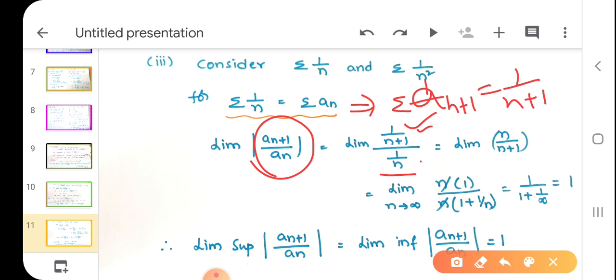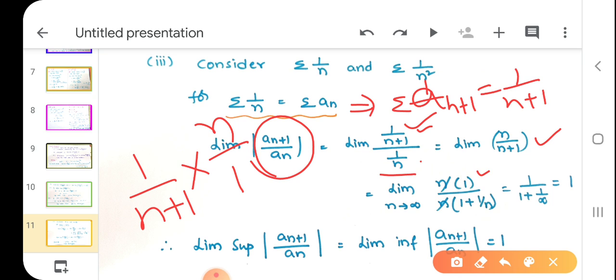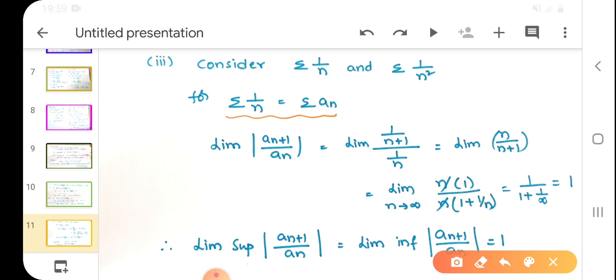Now the fractions, what do we get here? 1 by n plus 1. What is the denominator here? 1 by n. It is reversed, that means n by 1. So I get n by n plus 1. Now I take n common in numerator and denominator. If you take n common, we have 1 in the numerator, and in the denominator we take n common. What do we have here? 1 plus 1 by n. Now put n equals to infinity: 1 by 1 plus 1 by infinity. So the value of alpha is 1.